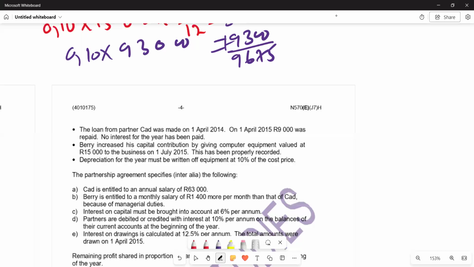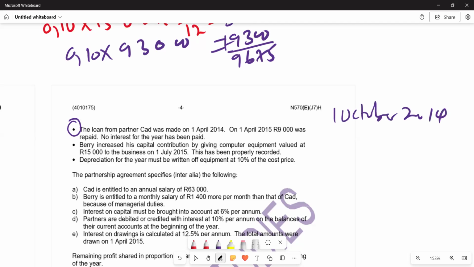So you would see that we also have another expense that is mentioned here, which reads: the loan from partner Card was made on 1 April 2014. On 1 April 2015, 9,000 was repaid. No interest for the year has been paid. So the date that the loan was made was 1 April 2014. It's before the start of the financial year for which we are preparing this income statement. Our financial year started on 1 October